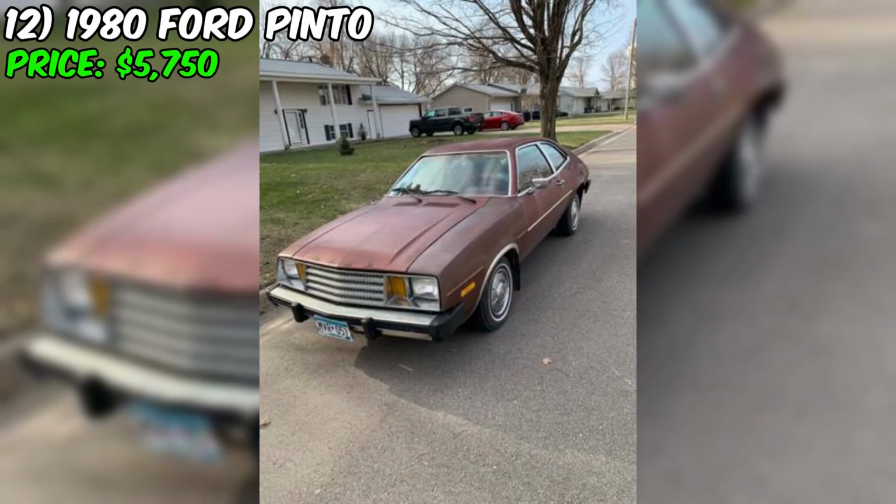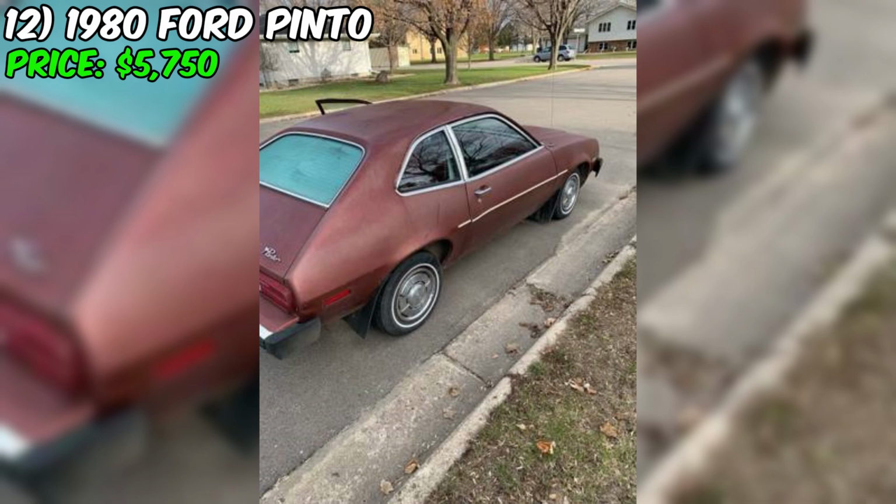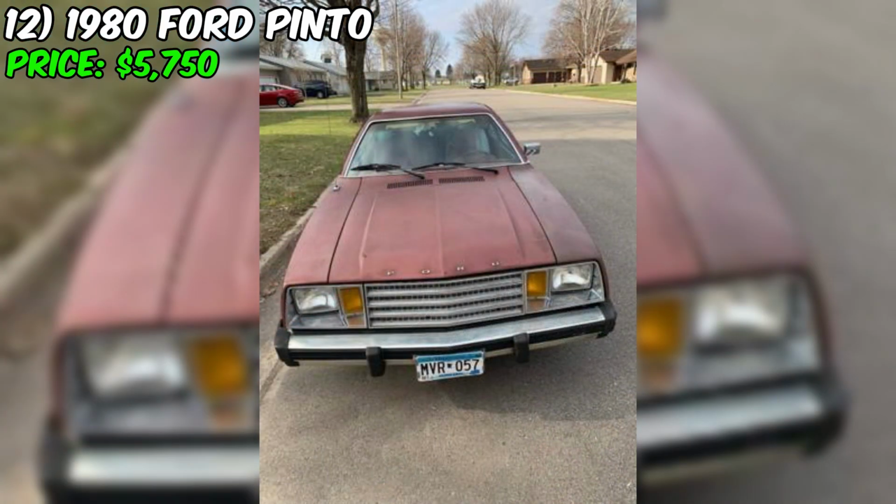collection. We've got a real blast from the past, a 1980 Ford Pinto that's up for grabs on Craigslist. Now, I know what you might be thinking. A Pinto? Isn't that the car that had all those safety issues back in the day? Well, yes, the Pinto did have a bit of a rocky reputation, but hear me out. This particular example might just be worth a closer look, especially with its affordable